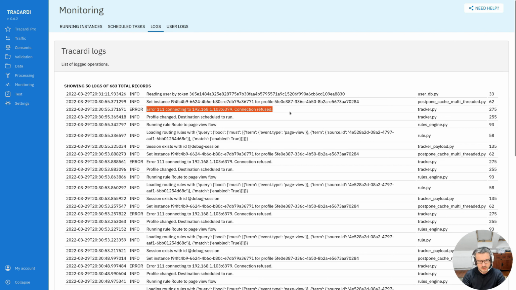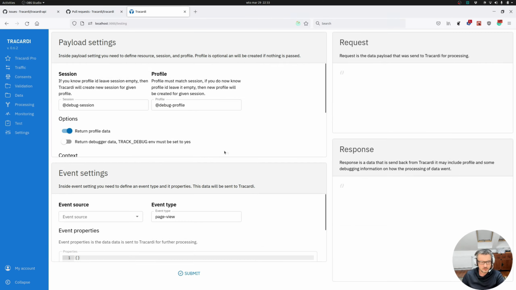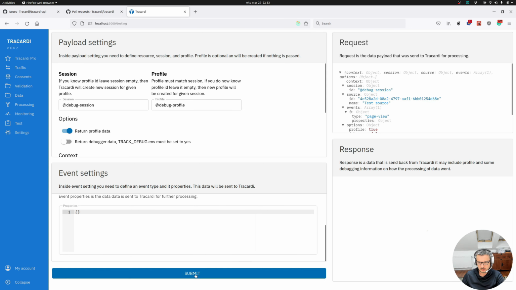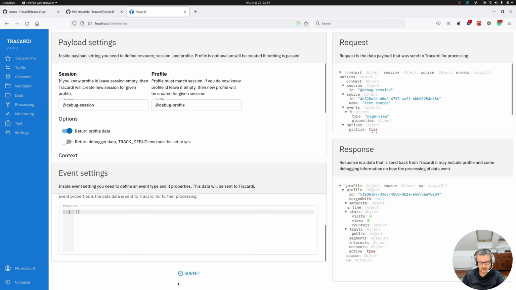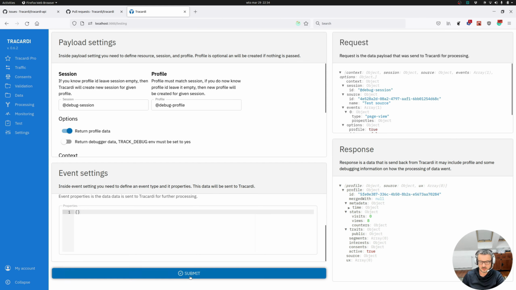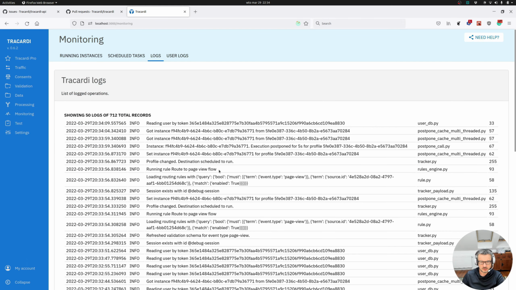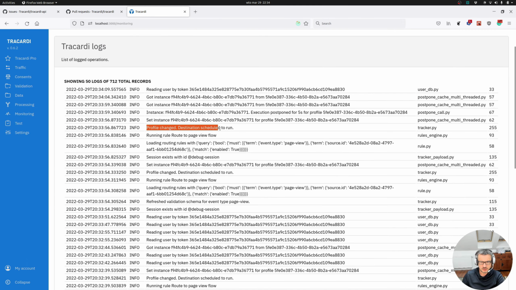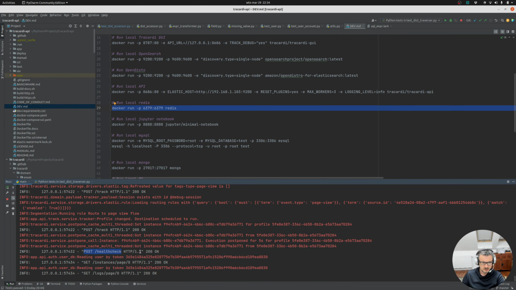Why is that? Because right now I don't have Redis configured, and this is a prerequisite for this functionality. Let me start Redis and we'll see how the destinations work. Okay, Redis is running. Let's repeat the test, and this time I will click 2 times. That means I'm simulating a click stream, which sends a stream of events to Tracardi. And let's go to monitoring, and now we can see that the profile changed and the destination was scheduled to run. We should see in the logs that the system just sent the data to the health